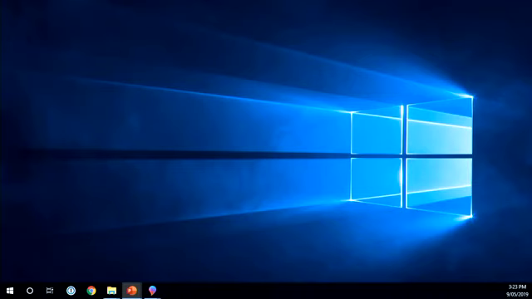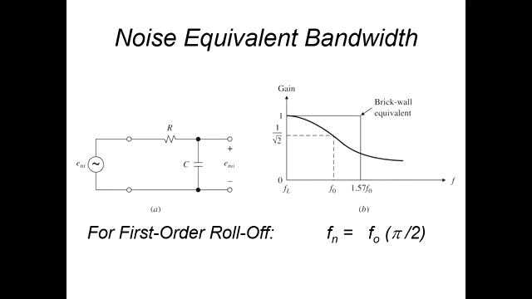Okay, I'll resume where we were this morning. I was struggling to explain to you the rationale behind the concept of noise equivalent bandwidth, and I'll try again with that, having had a bit of lunch and a bit of a rest. The whole concept is that we have a situation where noise can be transmitted through a filtering component, whether it be a deliberate filter or simply the bandwidth of the system that we are using.